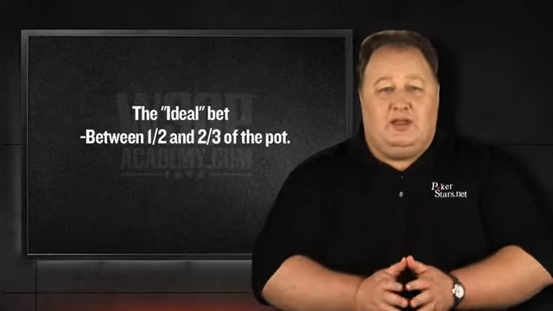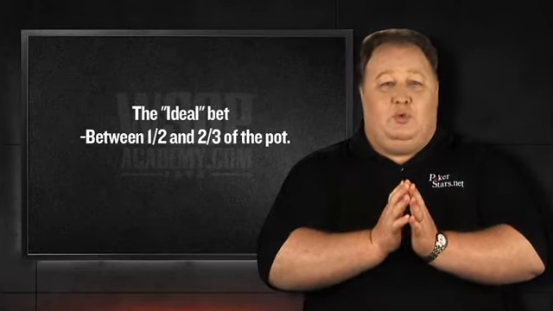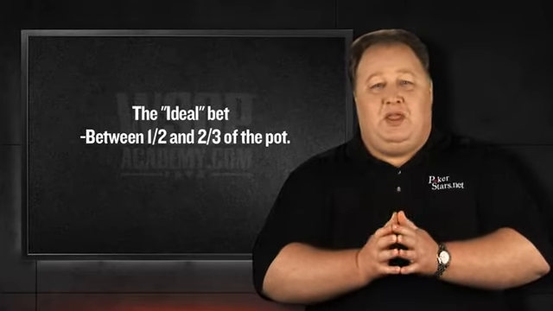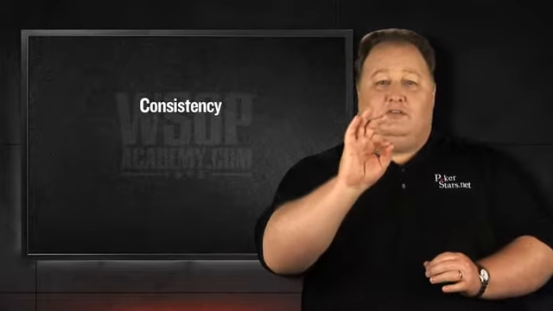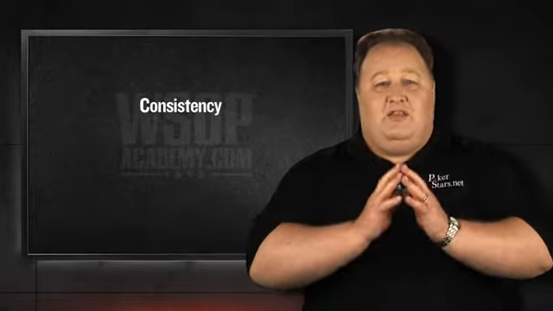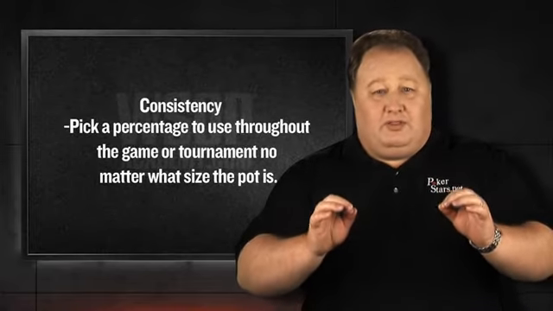For example, if the pot contains 2,000 chips, an ideal bet would be between about 1,000 and 1,300 or 1,400 chips. The key to ideal betting is consistency. If your ideal bet is always 2/3 of the pot, then that is what you want to bet in every hand at every level in the tournament. This means the amount of chips you bet may vary, but the percentage of the pot that you are betting